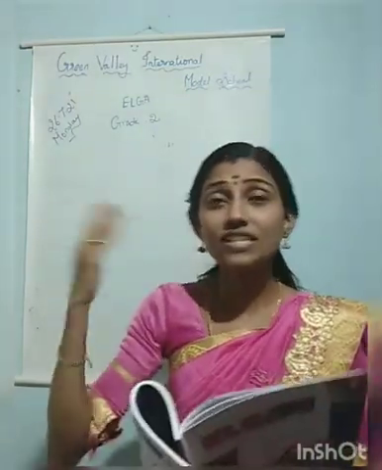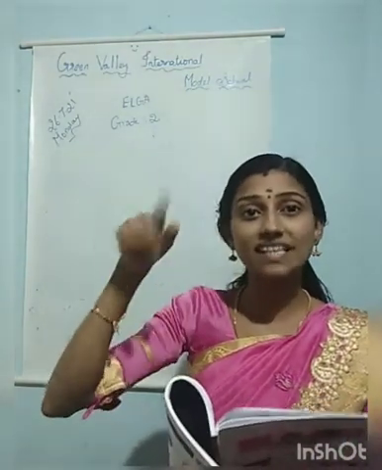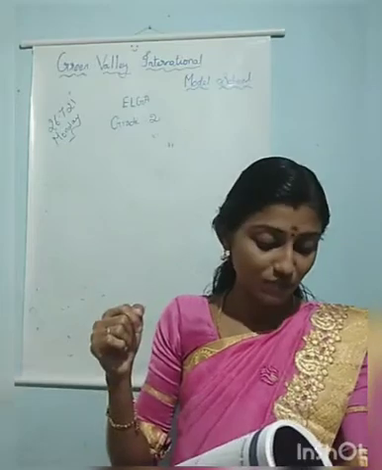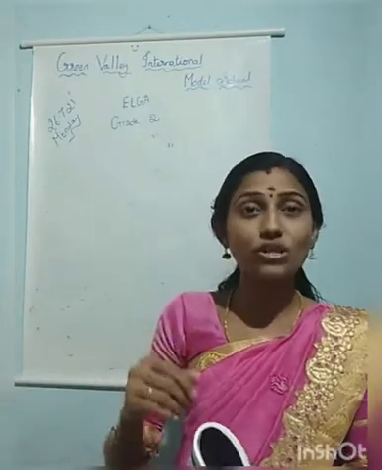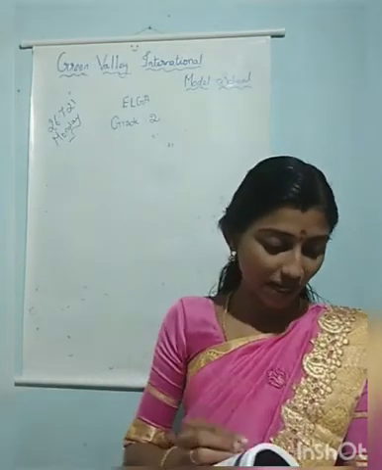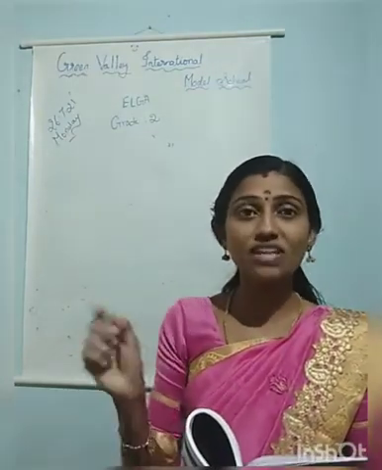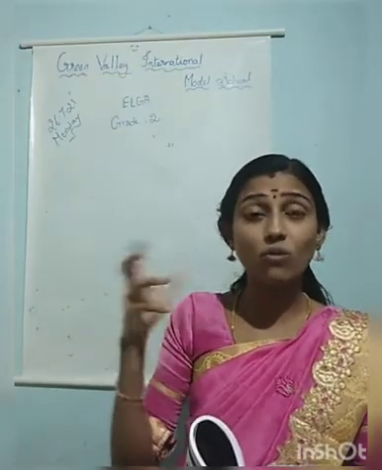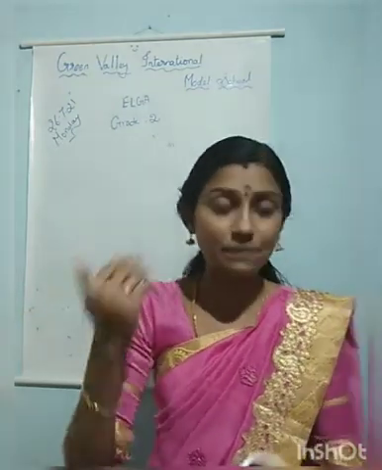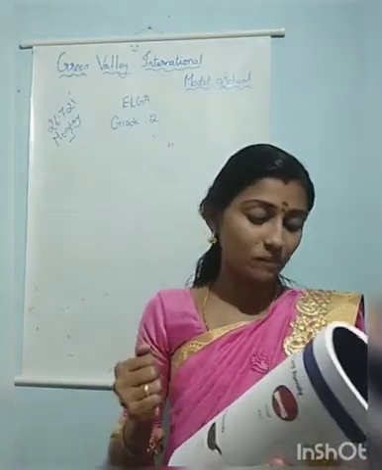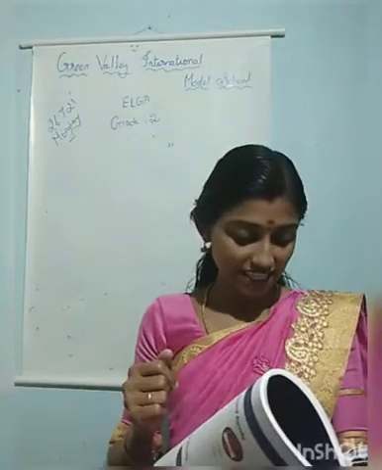Then writing and speaking expression: writing letters without tracing lines. First you learned about tracing lines, right? Here you are going to write letters without a tracing line. Then draw and label to express. You are going to draw something and label its parts to express your thoughts. Then explain using short sentences.